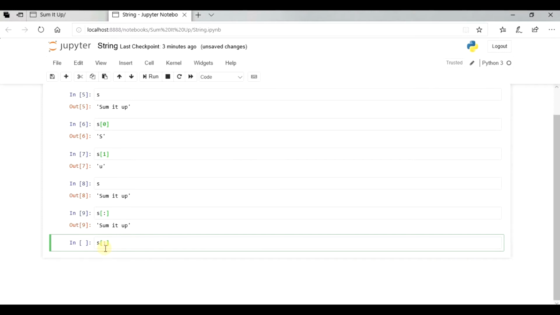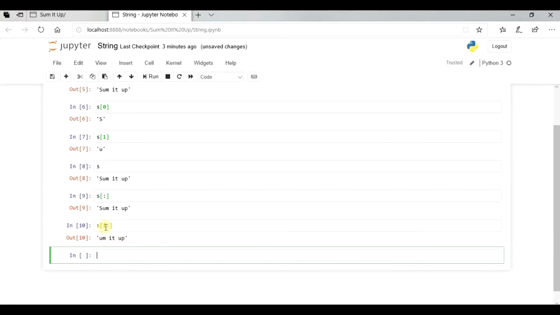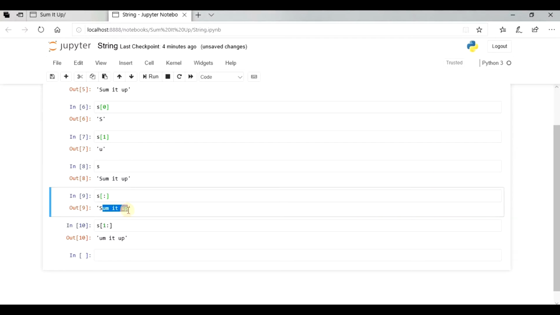So you can mention the start index, say for example 1, and here if you don't give any index, it will consider the last index. It will start from index 1 and print the whole string up to the end. Just press shift enter, and here you can see it skips the first index, that is 0. It starts with index 1 and then goes on to print the whole string.